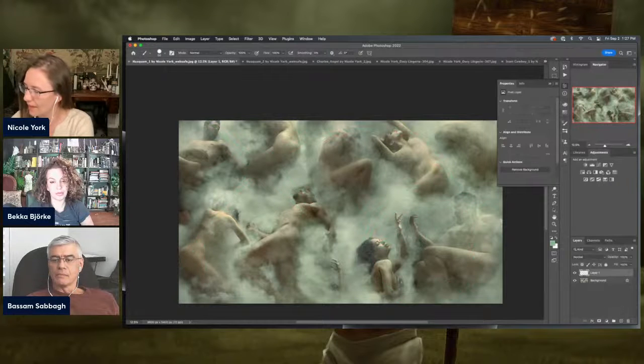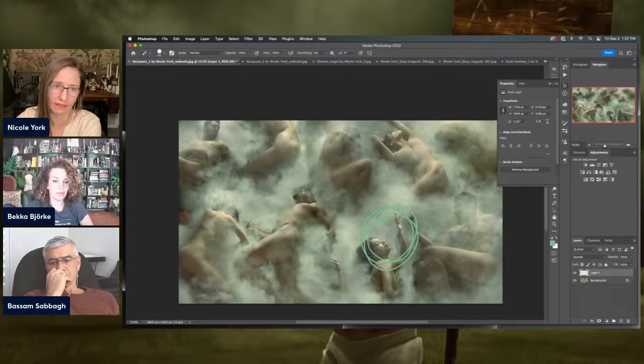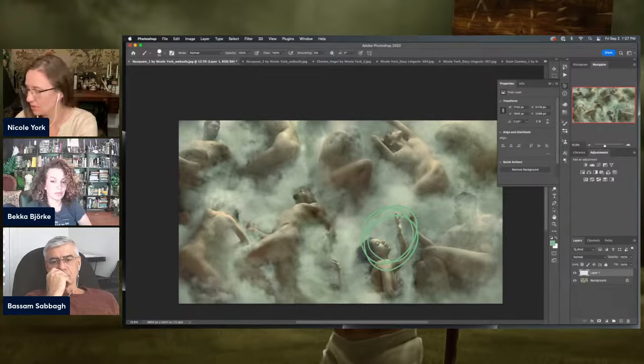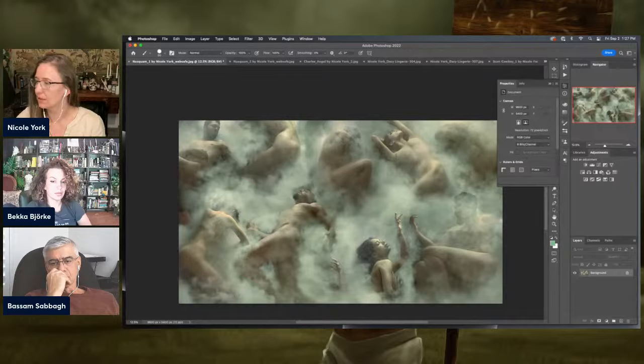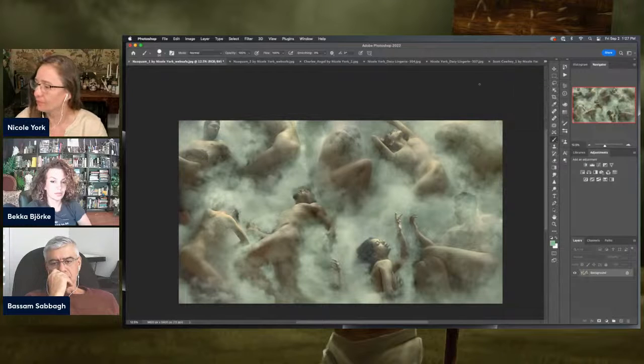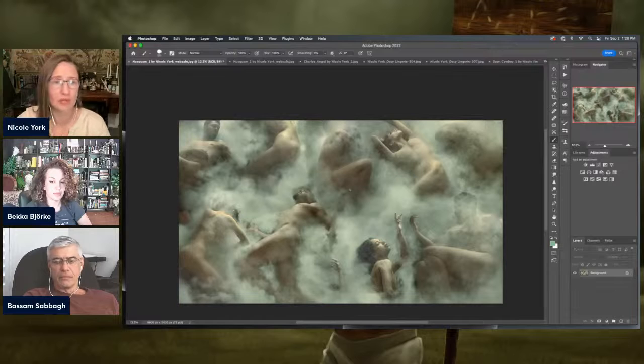We can see that the highlights here have been protected where a lot of other highlights have been pulled down. So that's another thing happening. But in terms of overall contrast, it's a relatively low contrast image. In terms of overall color, it's relatively monotone. We're right within kind of greens and browns.